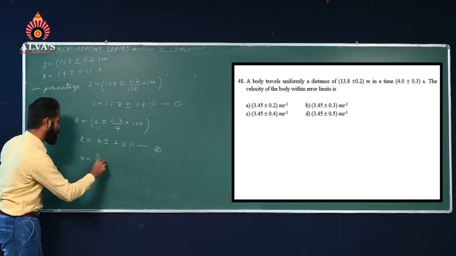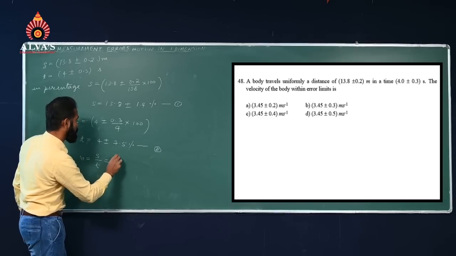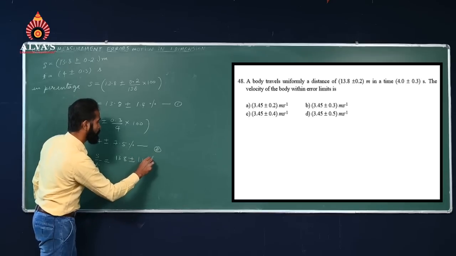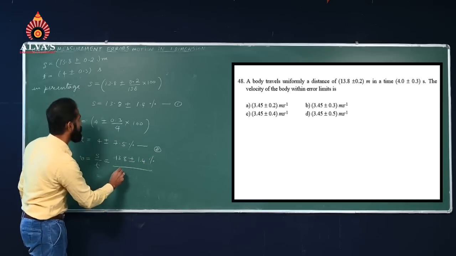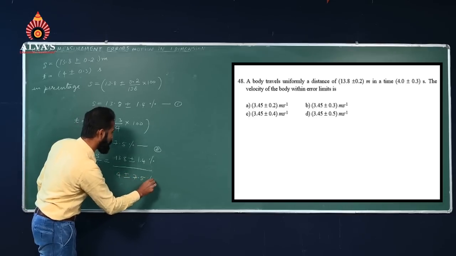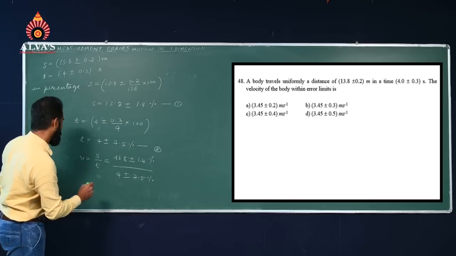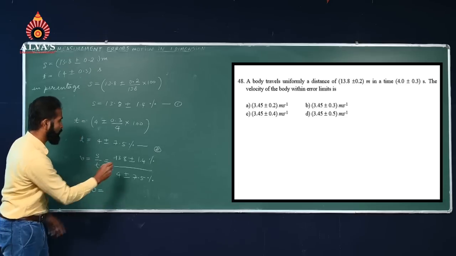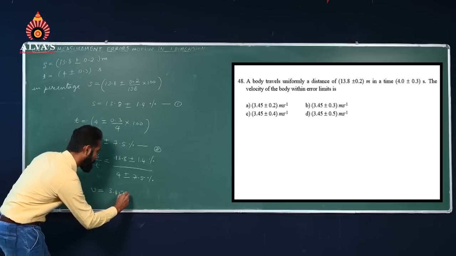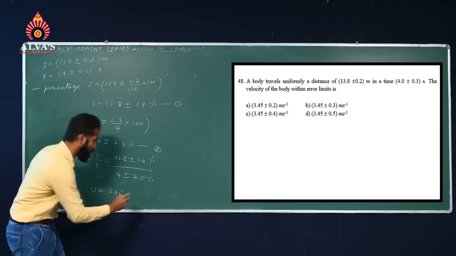So V becomes equal to S by T, that is 13.8 plus or minus 1.4% divided by 4 plus or minus 7.5%. So if we do this calculation, we are going to get V is equal to 13.8 by 4, which will give us 3.45 plus or minus. Errors are always added, so 7.5 plus 1.4 will give us